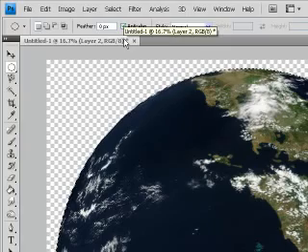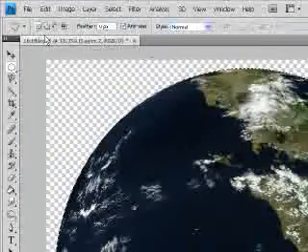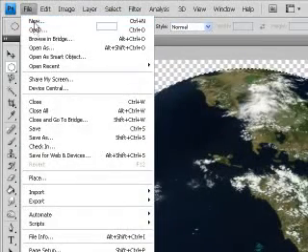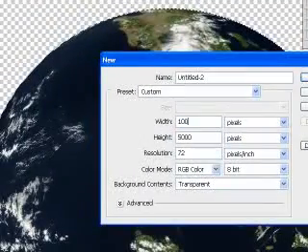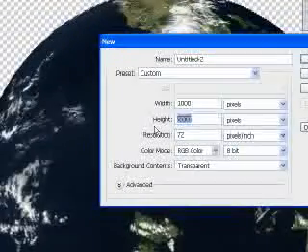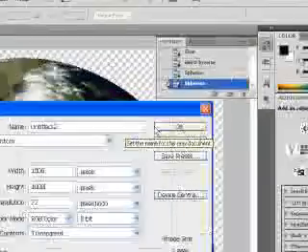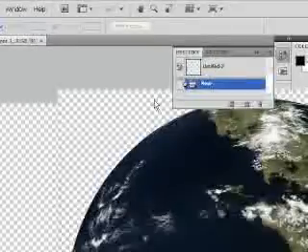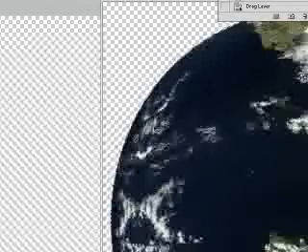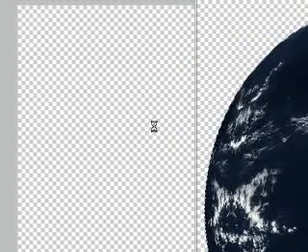Okay, now that we have our actual texture, we're going to go to File, New, and open up a document that you're going to be using the planet on. I'm going to open up a 1000 by 1000 pixel document, and I'm going to open it. Now I'm going to drag a separate window for my planet here. I'm going to grab my Move tool, and I'm going to cut it out and bring it onto my new